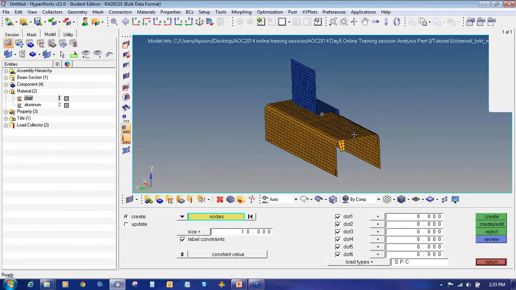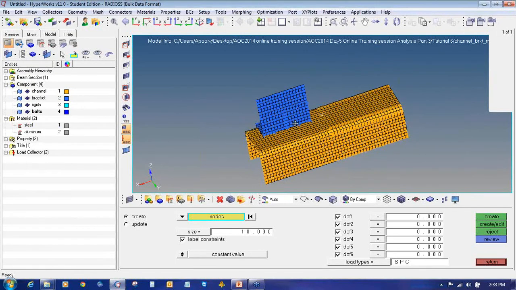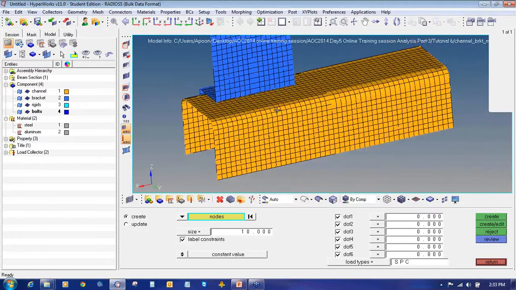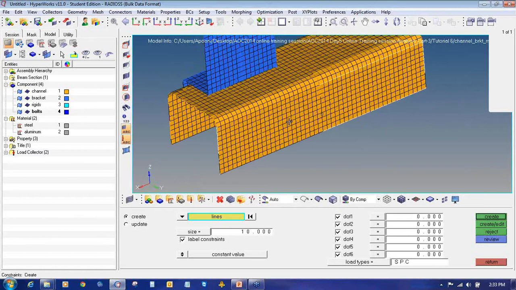And we will apply the constraints on this side. I will select these lines. Click on create. So in this way the constraint has got created.